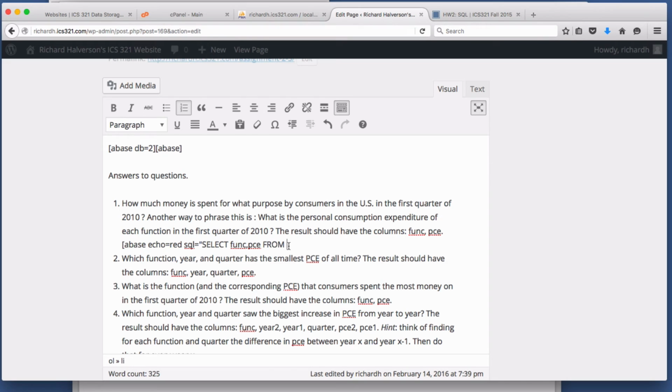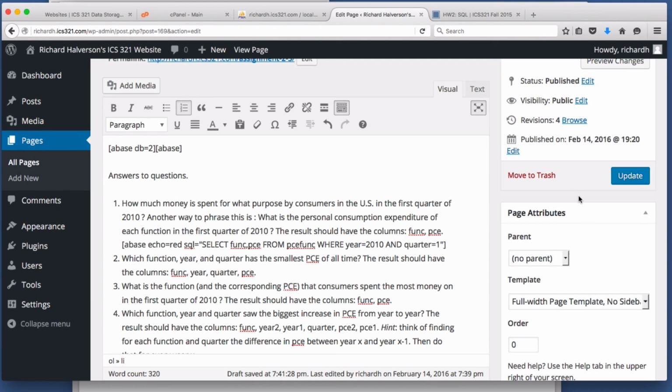So from PCE FUNC, and then we're going to put the where in there, where year equals 2010 and quarter equals 1. And I think that's it. Close the quote, close the square bracket, and I'm going to click Update